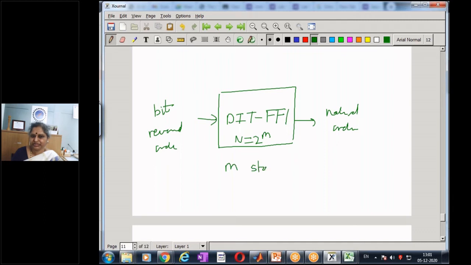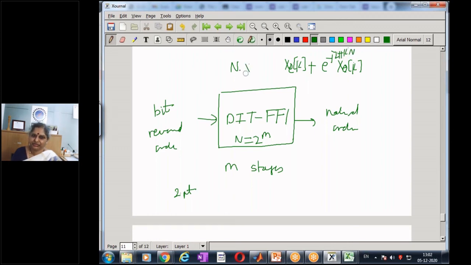If n is equal to 2 to the power of m, we are going to have m stages, with the first stage being all 2-point DFT computations. The last stage will have a single stage of n by 2 computations, and this is all based on the single equation that we got, wherein an n-point DFT can be represented by a suitable sum of the odd and the even, with e to the power of minus j 2 pi k by n.